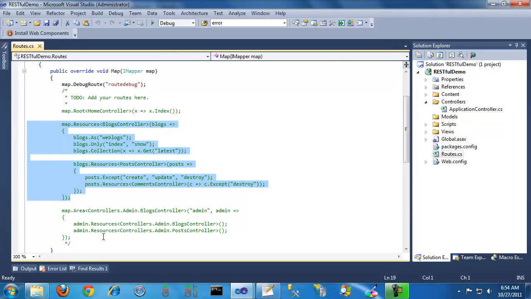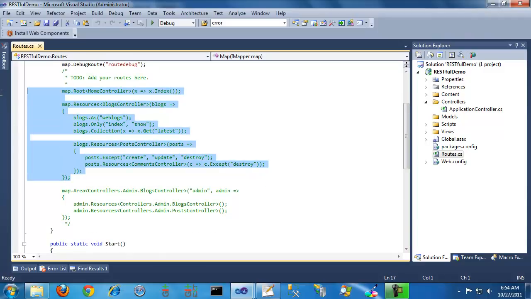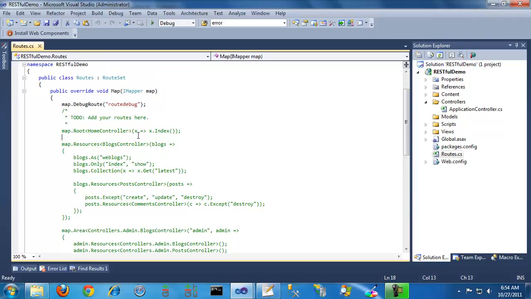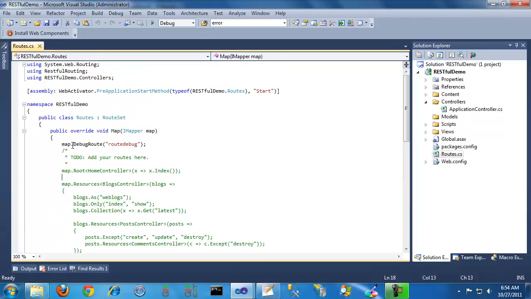And if you go to the RESTful Routing Library website, there's a nice long one-page documentation, sort of a beginner's guide and quick reference on it, that's very informative. And it's got some code that looks like this. But since it's commented out, all that it's doing right now is automatically initializing and setting up this debug route,